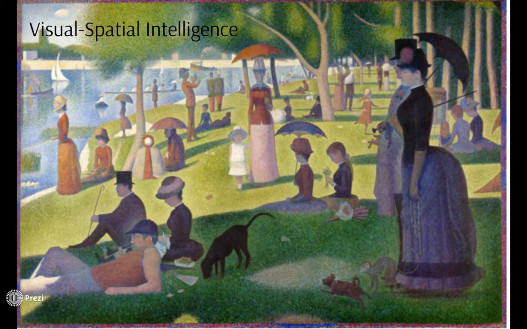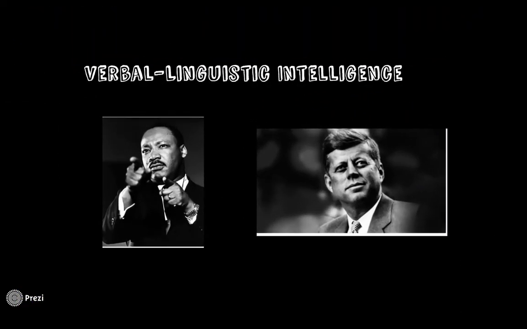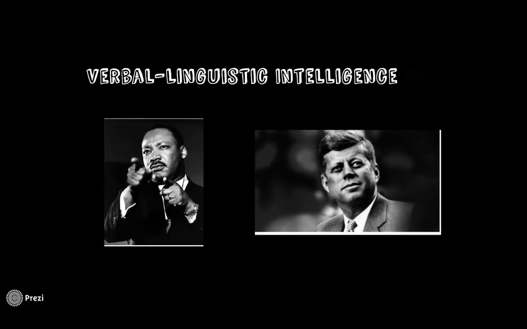Then you have visual and spatial intelligence. Usually that's the ability to understand how objects are oriented in space. I think of artists, architects, interior designers, because they can look at a room and figure out what will fit and what will look beautiful in a room. And so that's why I put a painting in the background. And then we talk about verbal linguistic intelligence, which is pretty much the ability to effectively and stylistically use language. So use MLK Jr. because he gave the I Have a Dream speech, and JFK won a presidential debate, the first televised presidential debate, because he was well-spoken. But both of these people were great orators as well.